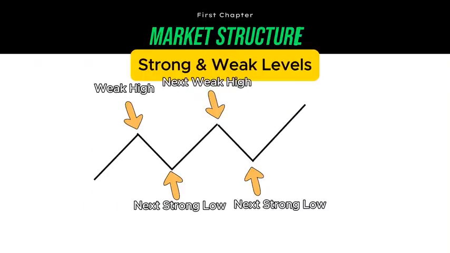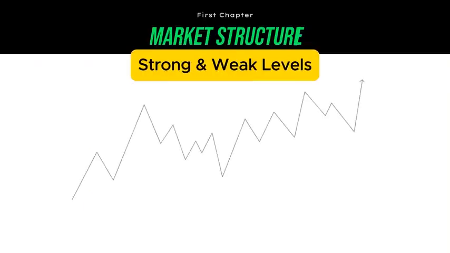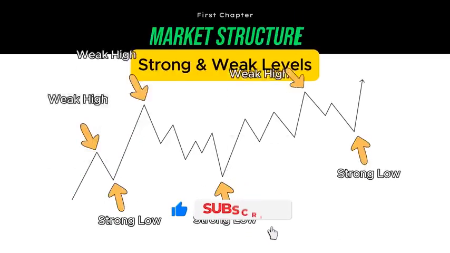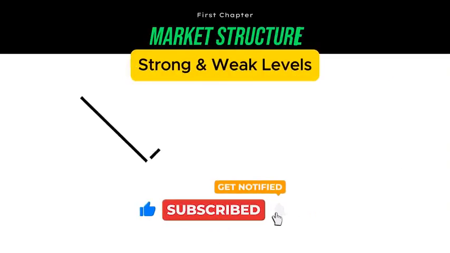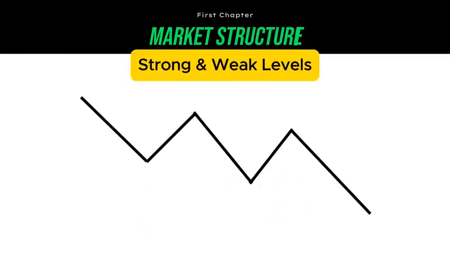In the more complex example, it is slightly harder. Upside movement, pullback, and break of the high. Here it is important to know that these are the strong lows, and these are the weak highs. Now in the downtrend, knowing that a downtrend has lows that break and highs that maintain, starting from the simple